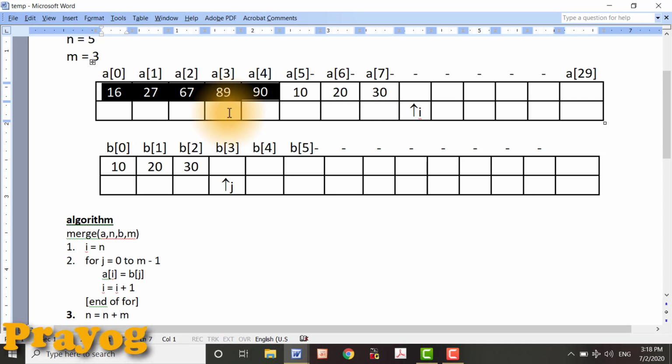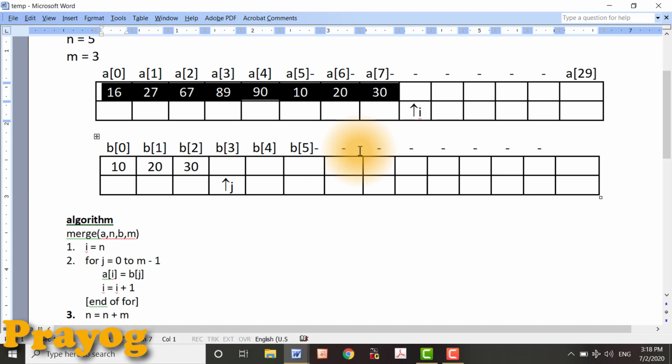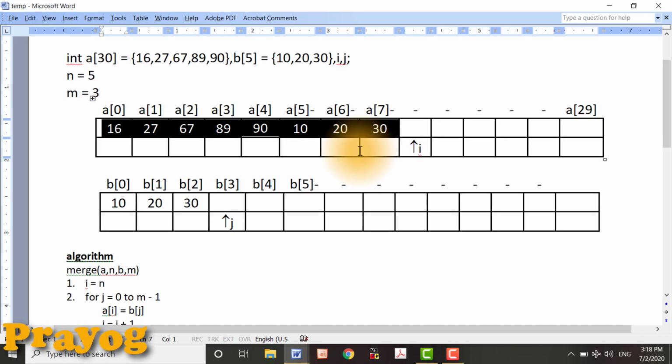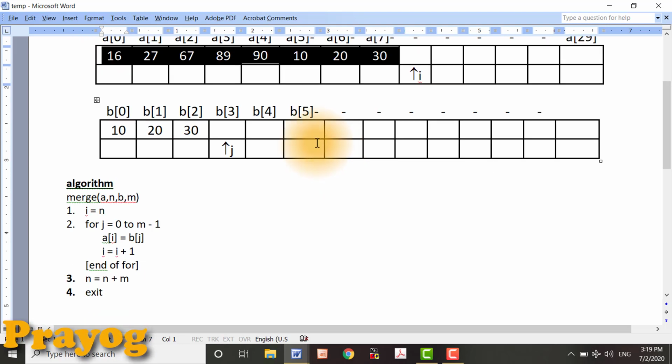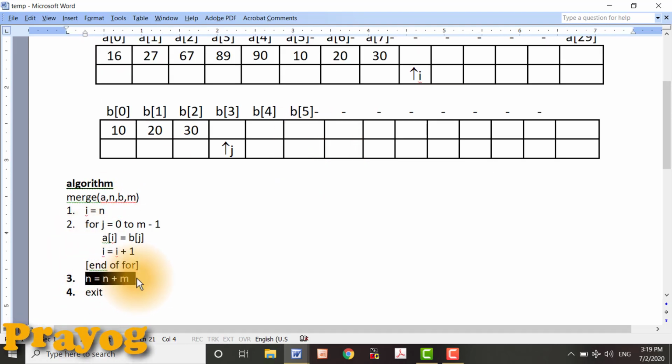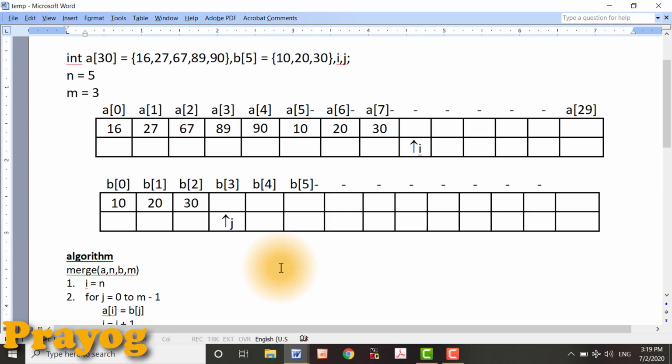Now after merging, it is having 3 more elements. We can conclude that if array A has n elements and array B has m elements, then after merging, the array A is supposed to have n plus m elements. That is what step number 3 is, and that's the end of this algorithm.